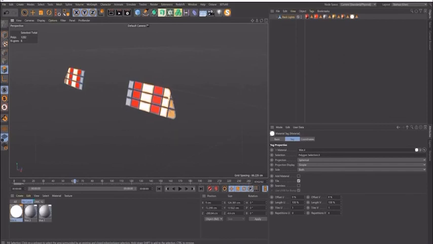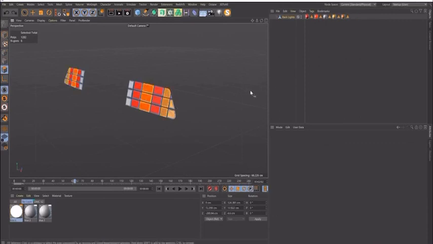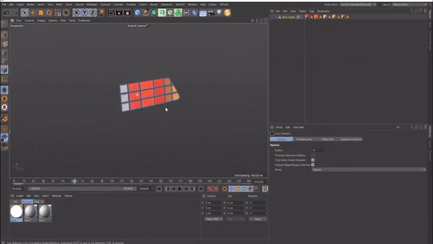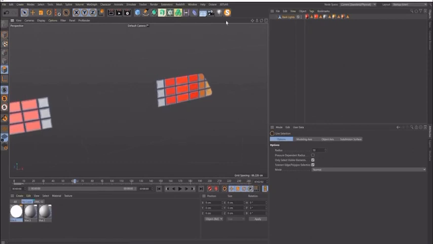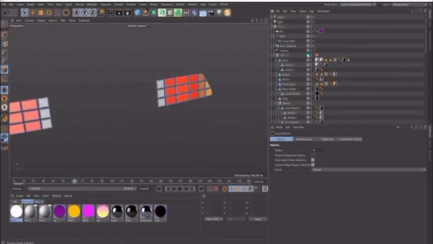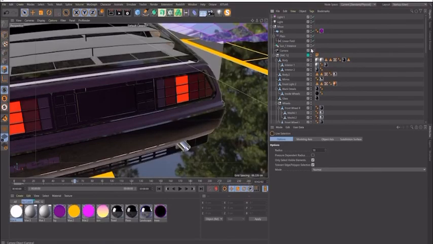Now, I think I had the other one selected prior to that, so it went there too. But just in case you were wondering, that's how I ended up with just that part of my rear lights illuminated. And that's what we want for this scene. So the materials and shaders are just the first step in developing the style and look of our animation. In the next lesson, we'll continue